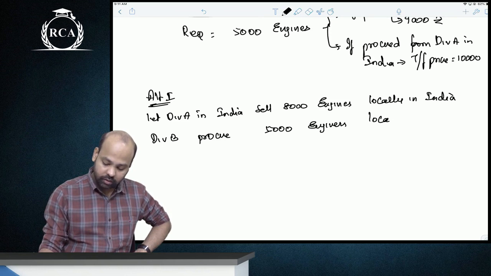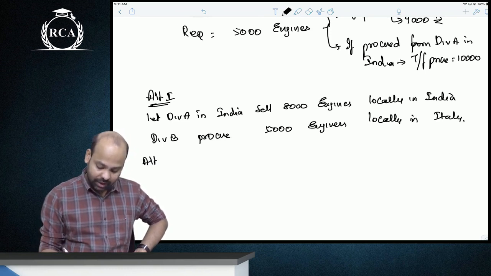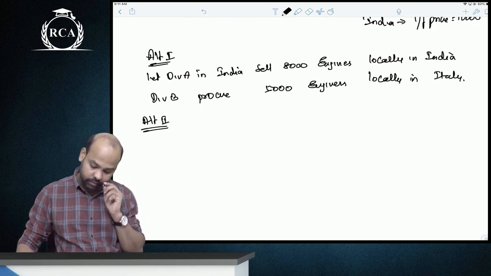Locally in Italy. This is one option. The other option that we have, alternative 2, is